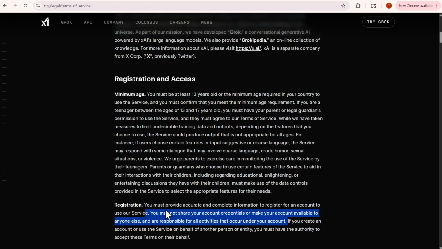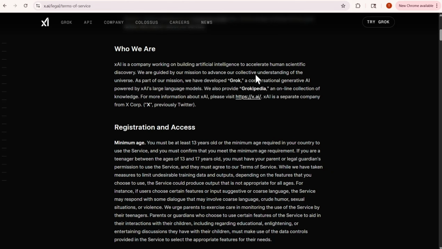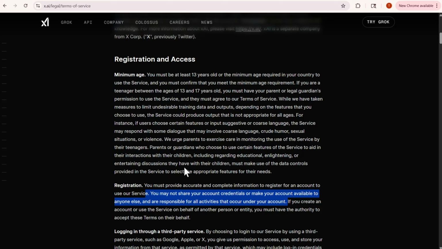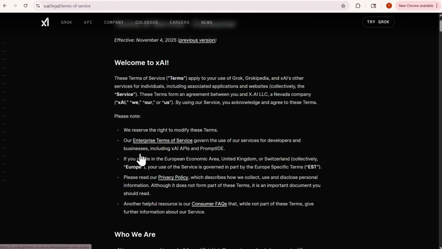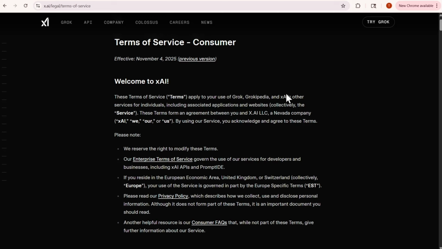You might be saying, why exactly is this organization sharing this information with me? Generally, the data protection laws provide rights to individuals based on their own personal data. If you as an individual choose to share your account credentials or make your account available to anyone else, there could be an argument that they have rights pertaining to this personal data that's processed by this organization. So they have to be very careful to indicate to you what it is that they're going to be responsible for, what it is that they are not going to be responsible for, and you're agreeing to that if you use any of these services, right?